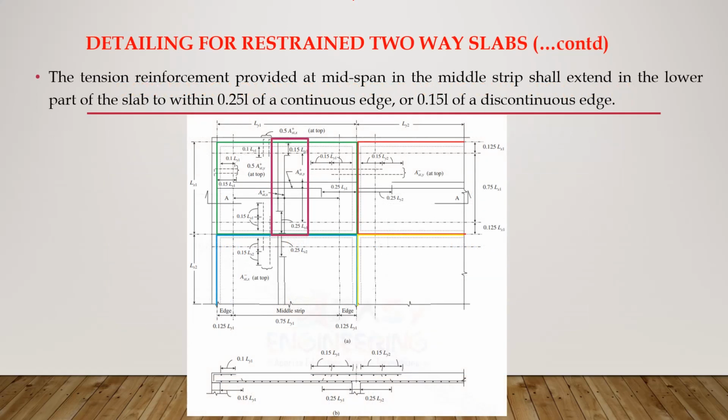Continuing with those clauses in Annex D, another point is, first we divide the slab into middle and edge strips, and then it says that the tension reinforcement provided at mid-span in the middle strip shall extend in the lower part of the slab to within 0.25 times the length of a continuous edge and 0.15 times the length of a discontinuous edge. For example,